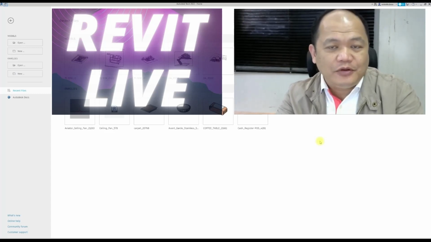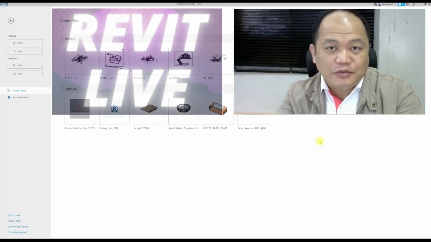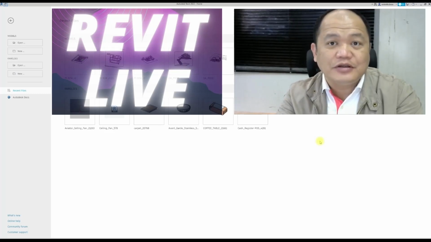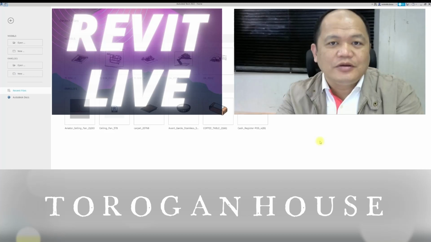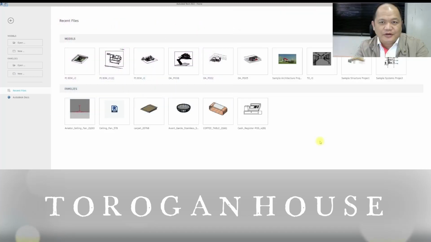So today, we'll be doing a small building. It's actually a residential building inspired by an image of a Torogan house. It's one of the traditional houses in the Philippines. We will be using Revit 2022. Let's go. So let's start